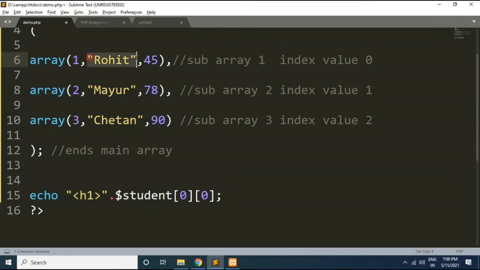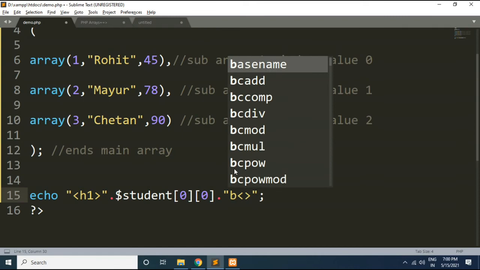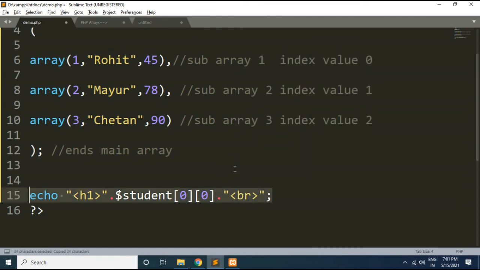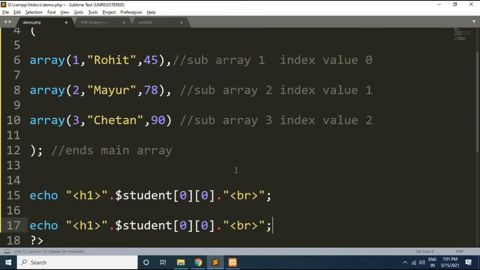Suppose I want to print the name from the first sub array, what statement can I write? See here, I will use br here, I will copy this. Now here I will make it 1. This 0 represents what? The first sub array. This 1 represents what?